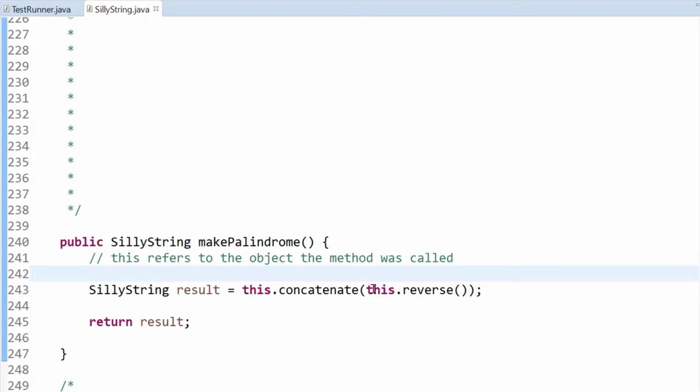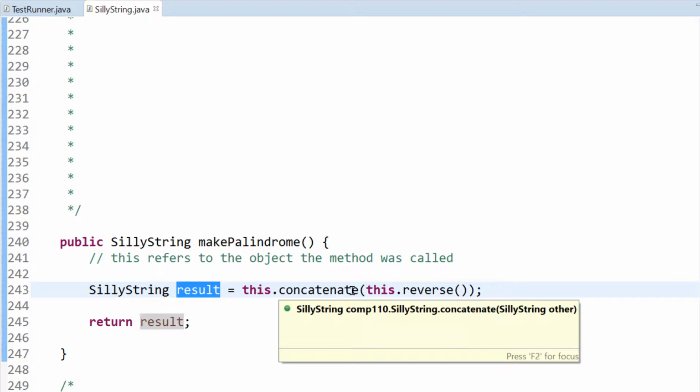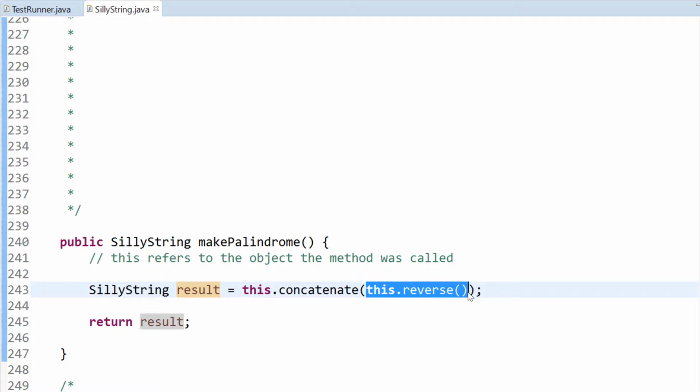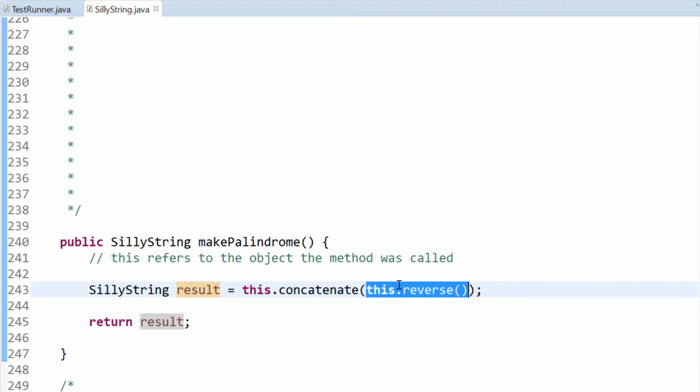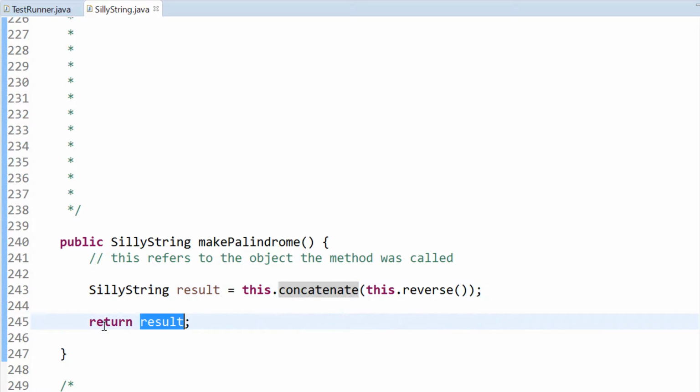But now notice that when we try to assign to result, we're going to call the concatenate method. But before we can call the concatenate method, we need to figure out, well, what is the result of calling reverse? So we call reverse, we get back a reversed silly string, and now we're going to take that reversed silly string and give it to concatenate. So this is nesting a method call inside of an argument. Here we're using as an argument a method call. The same idea applies down here in our return